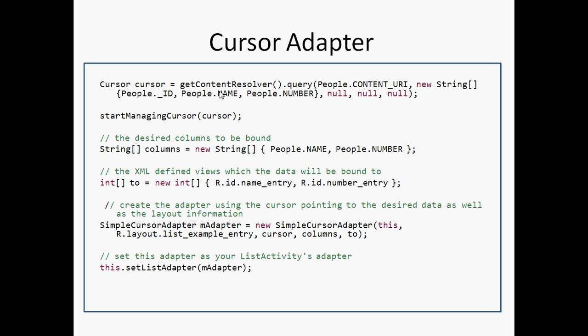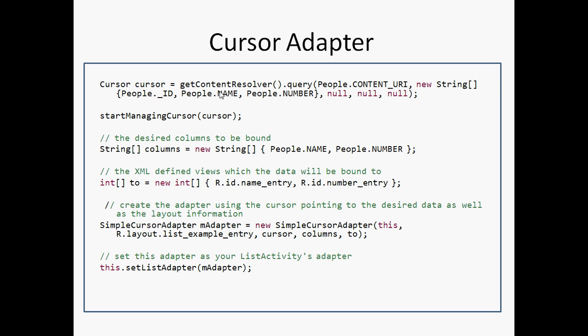Now the cursor adapter works just like the array adapter. We have to specify which columns from the result set we are going to map with the elements of the design.xml file. Here you are going to map the column names of the result set to the elements of the design.xml of each and every data item in the list view.